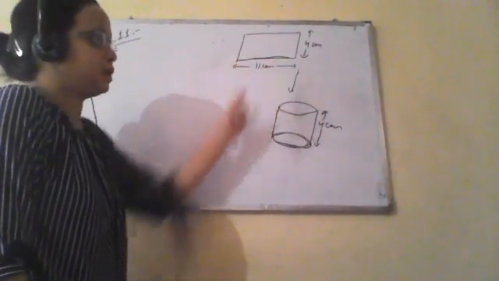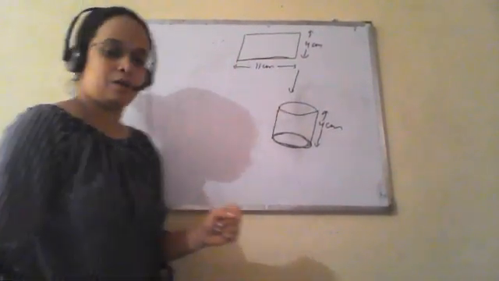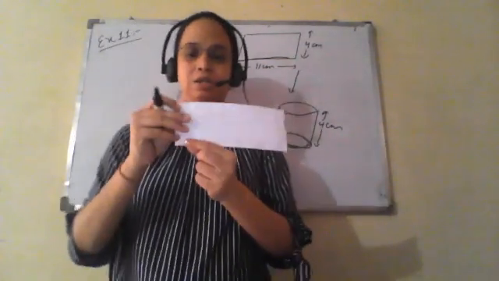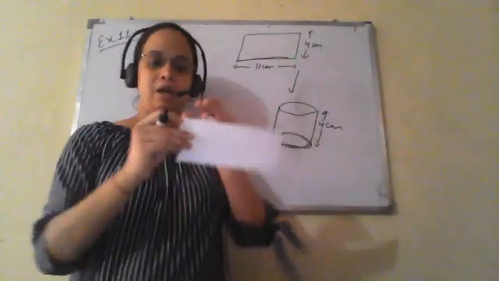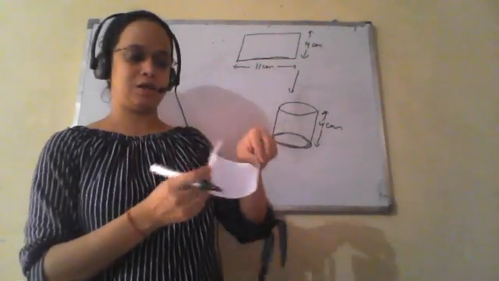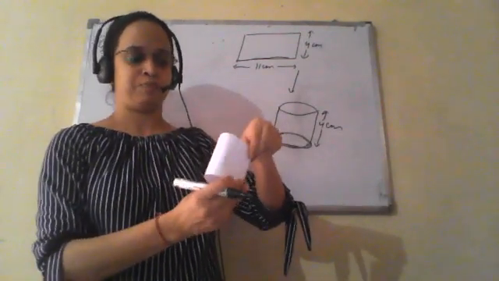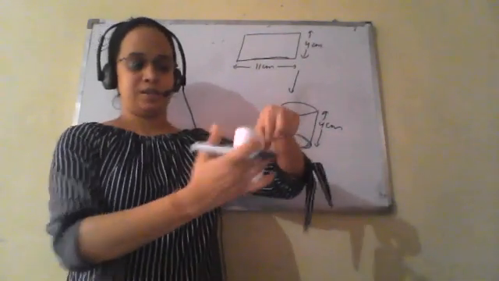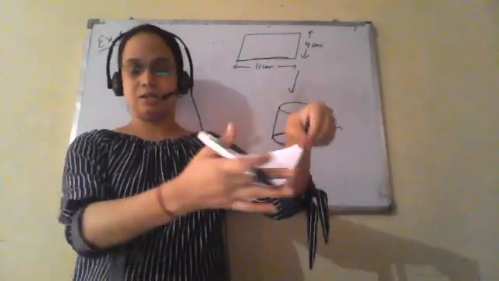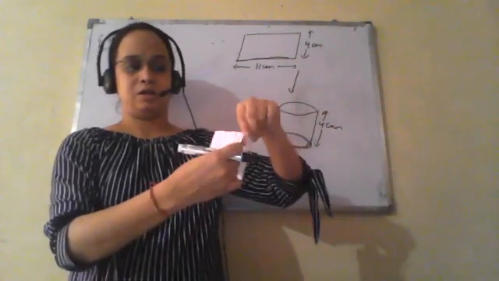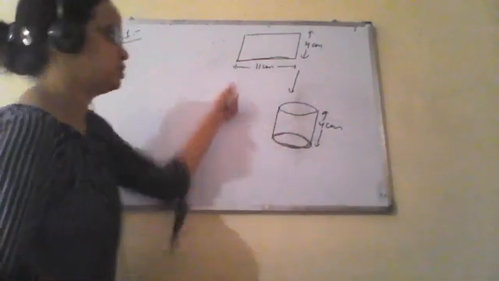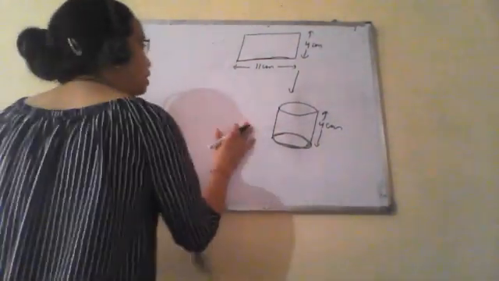This 11 centimeter will become the circumference. If this is a cylinder, and this is a rectangular sheet, this is length, that is 11 centimeter, and this is width, that is 4 centimeter. Now it is rolled along its width, without overlapping. Its height becomes 4 centimeter. So what is this total distance? This length will be the circumference of the circular end. So from this we can calculate the radius of the cylinder.